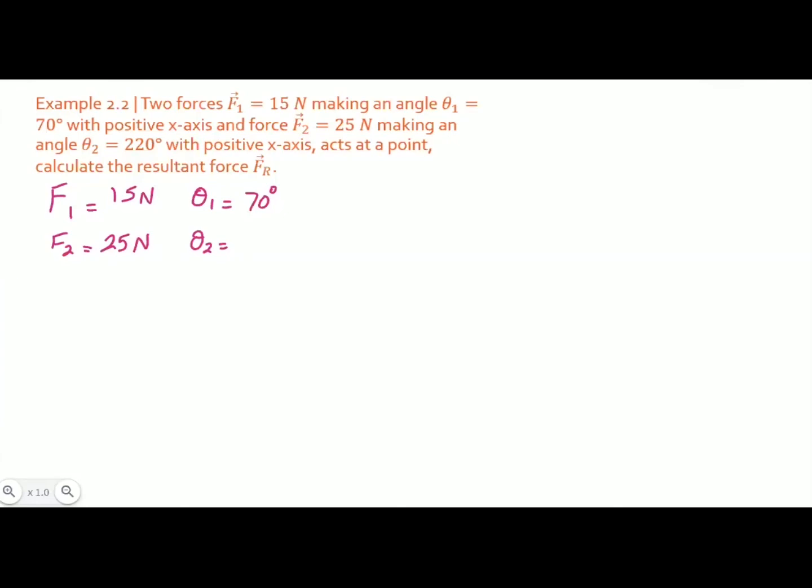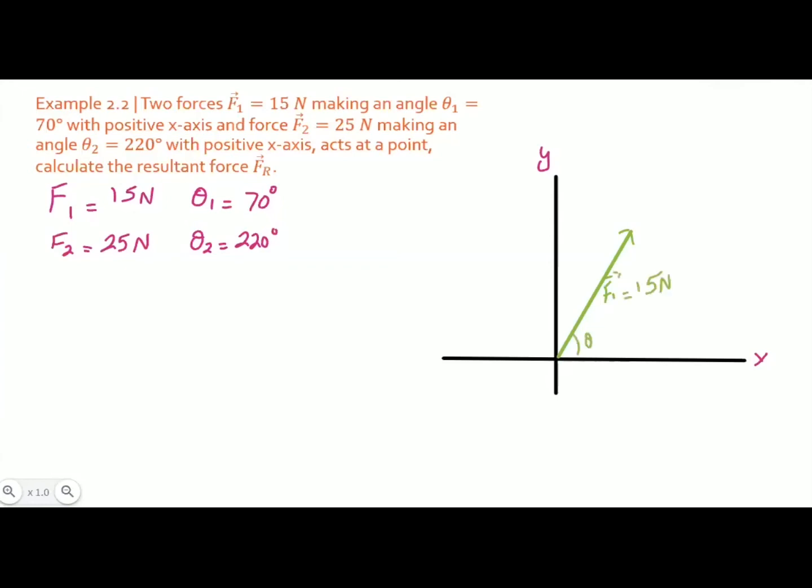Now let us first draw the image of these vectors onto the Cartesian coordinate. So we have to draw the x and the y axis such that this is the y-axis, vertical axis, and the horizontal x-axis. So if we first draw the force F1, which is making an angle of 70 degree, and we are drawing these images arbitrarily, not according to the scale. So this first force F1 is equal to 15 Newton, and this angle theta 1 is equal to 70 degree